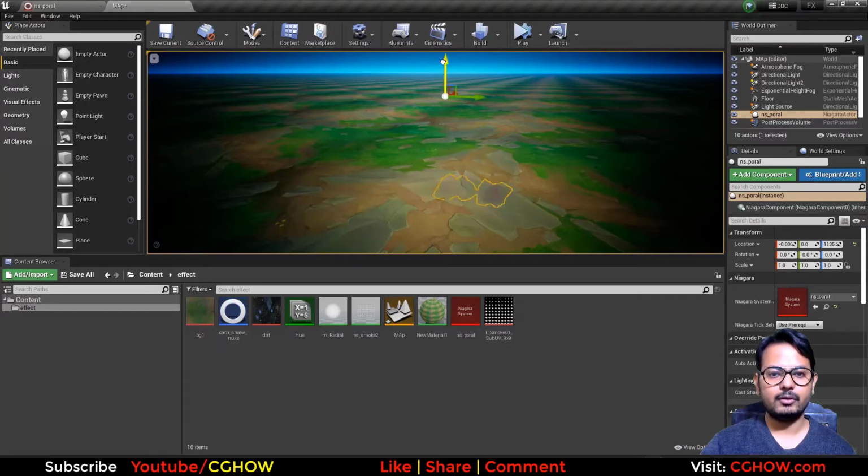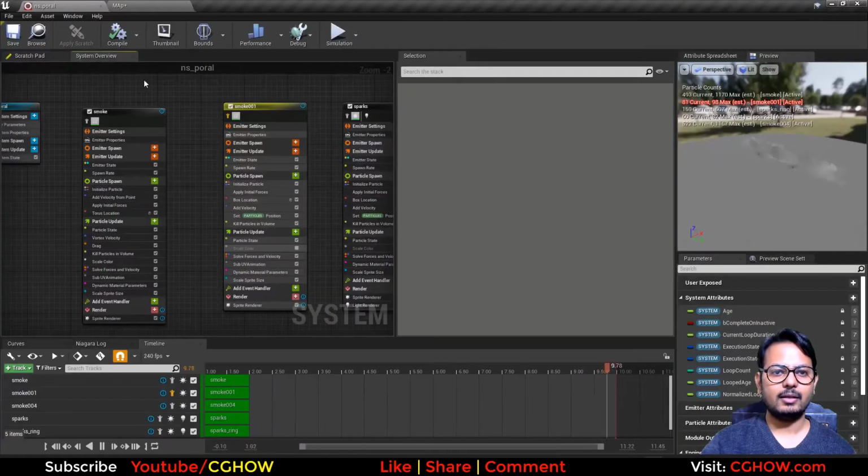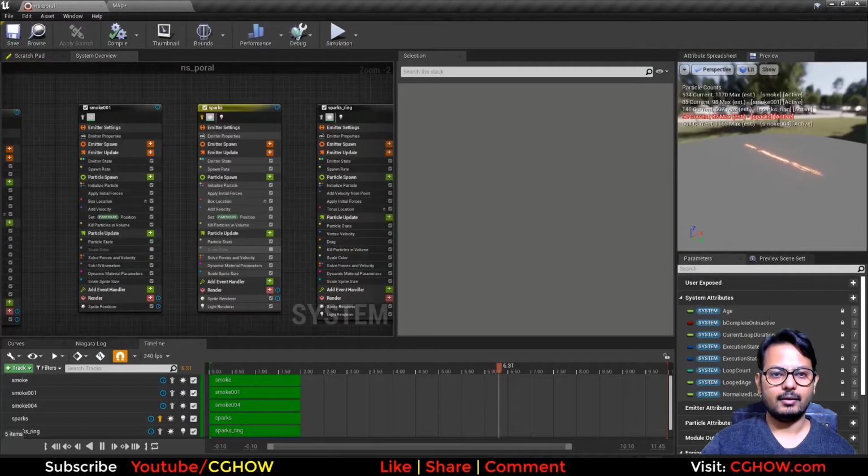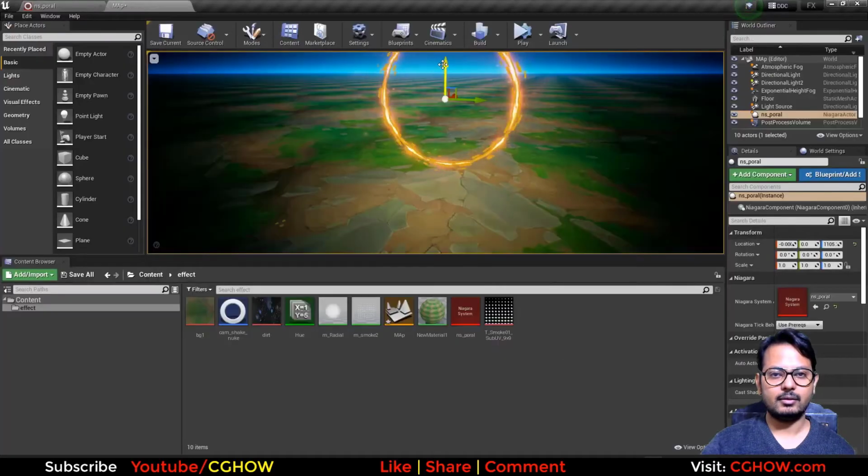So when I move this up, it dissipates. When I'm moving it down, it generates with this length. Okay, and similarly I just duplicated it 2 times to make these sparks type thing, and this thing,